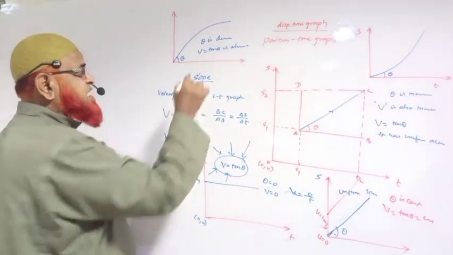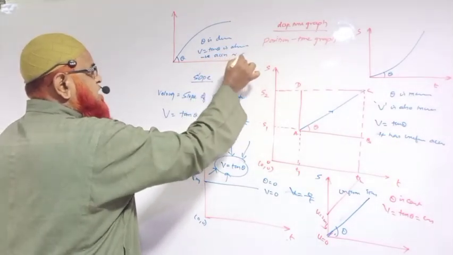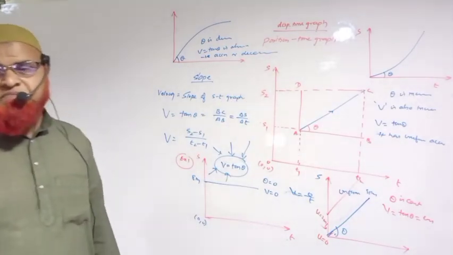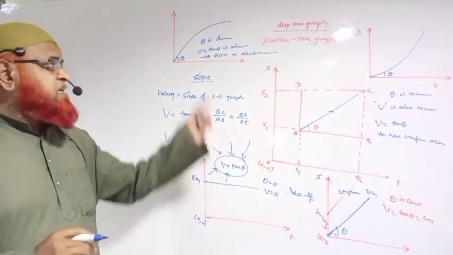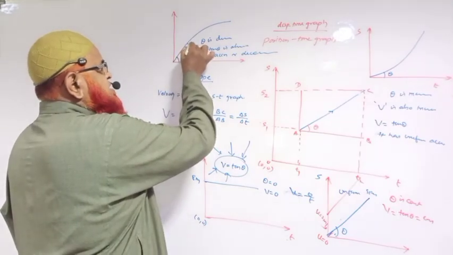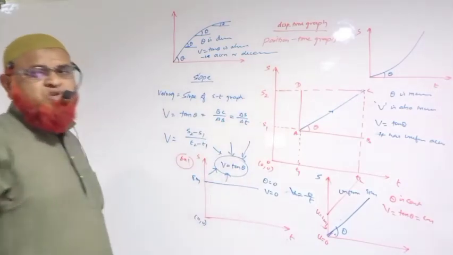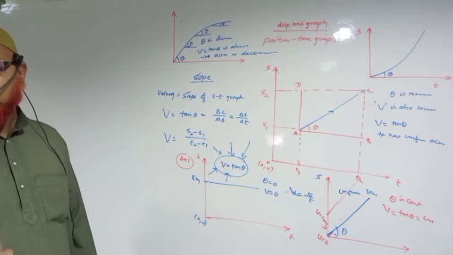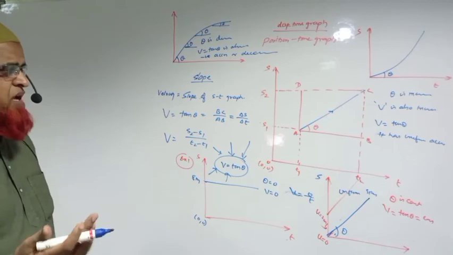Velocity is decreasing means it is a case of negative acceleration. It is a case of deceleration. V is not constant here. V is decreasing. Theta is decreasing at every place. If you draw a line like this, theta is going to decrease from bottom to top slowly. So theta is decreasing, V is also decreasing. When velocity is decreasing, it's a case of deceleration. Okay. So these are some of the examples I have given. Some more examples I'll give you.